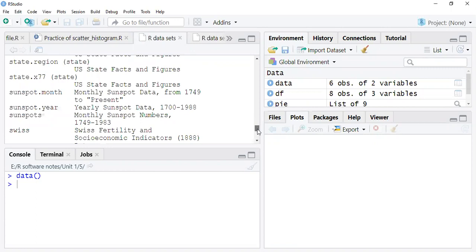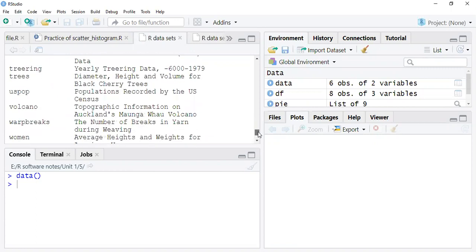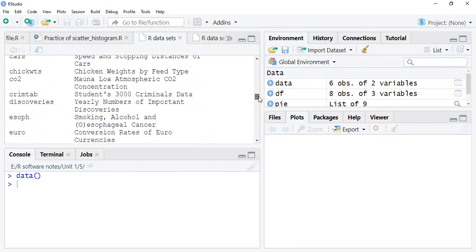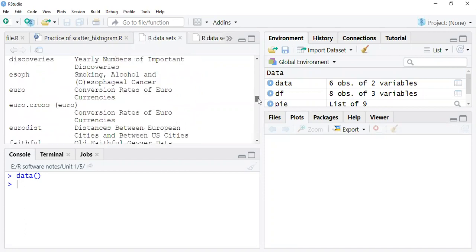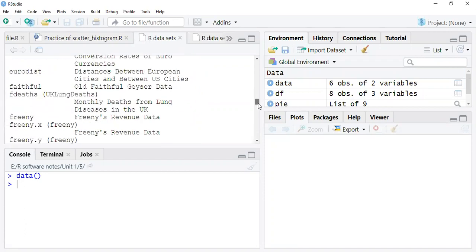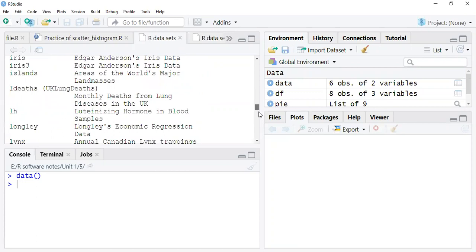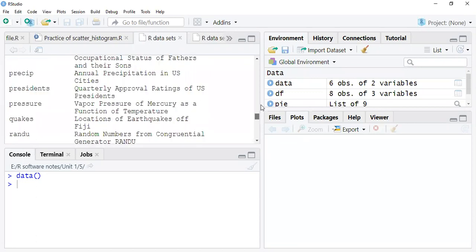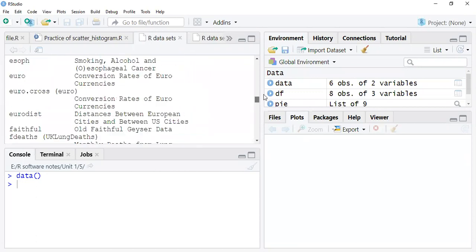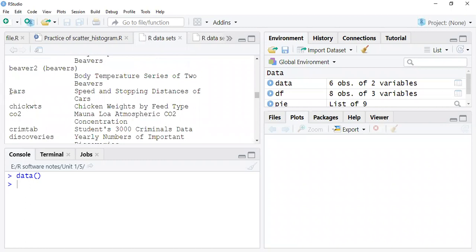So whenever they ask you to access the data from R, you just type data. Sometimes you're going to use the car data. See, this is the car data. I will show you that. What is speed? Stopping distance of a car.